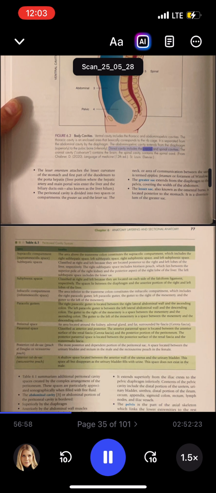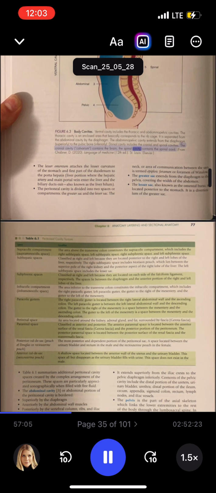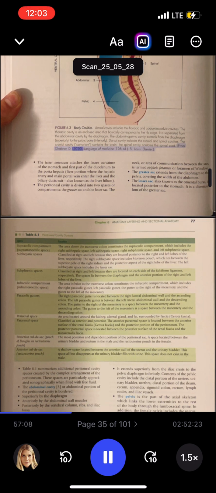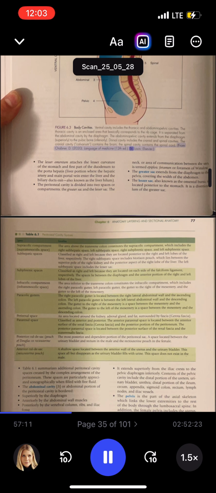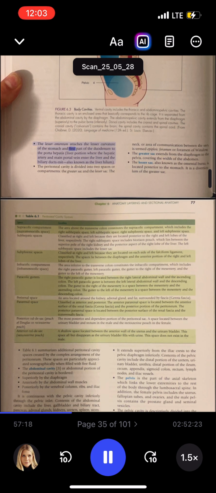Dorsal cavity includes the cranial and spinal cavities. The cranial cavity, calvarium, contains the brain. The spinal cavity contains the spinal cord. From Chabner D. 2020. Language of Medicine, 12th ed. St. Louis, Elsevier. The lesser omentum attaches the lesser curvature of the stomach and first part of the duodenum to